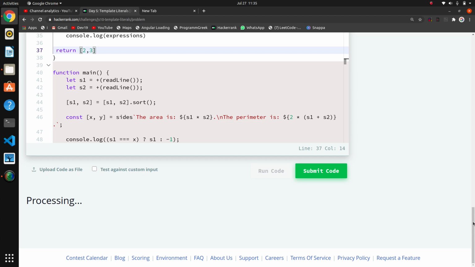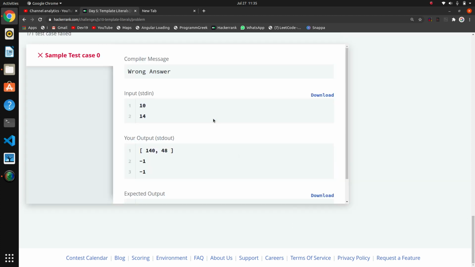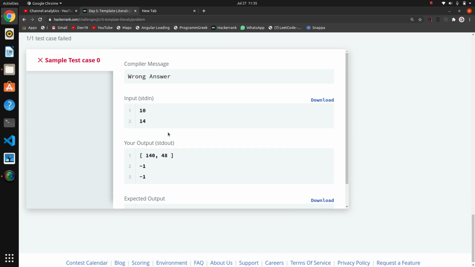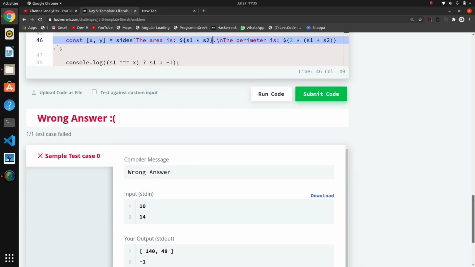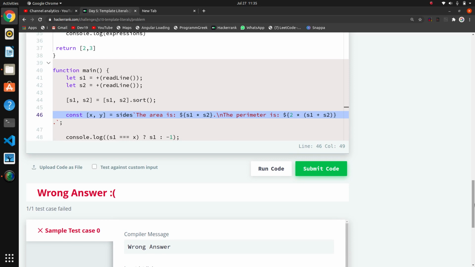After that I think we will get expressions. Expressions means we will get the evaluation of these two expressions. Yeah, 140 and 48, because 10 and 40, first we are getting this area, s1 star s2, that is 140, and that is 48. Means